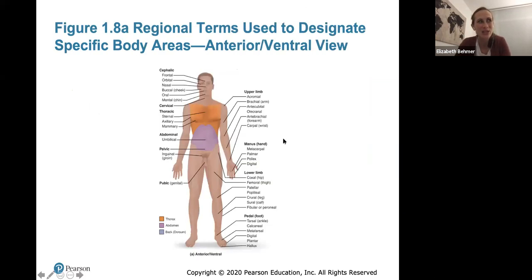These regional terms, I do think I have like a matching question or a couple of questions. I'm still kind of revising your test, but there will be some questions on these regional terms. And you guys have taken anatomy before, and you know that anatomy is like learning a new language. And once you learn the language of anatomy, when I tell you what the axillary region is, you know that